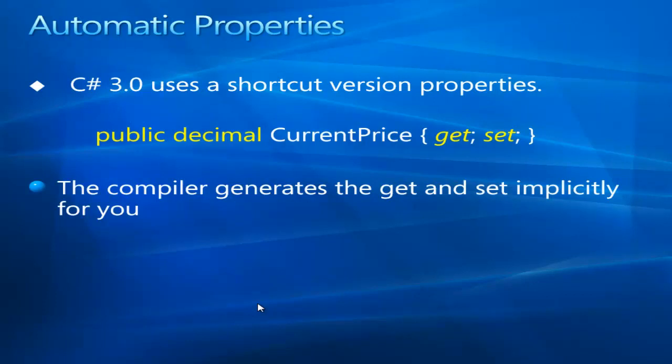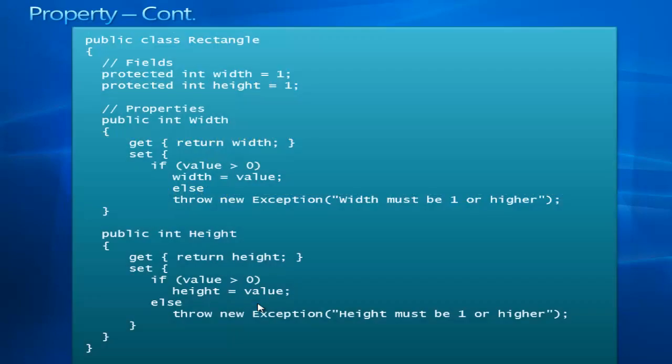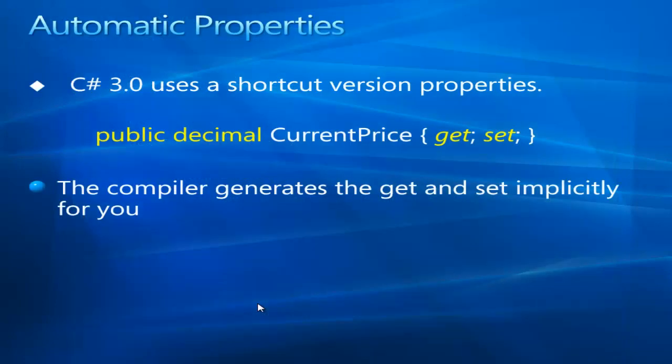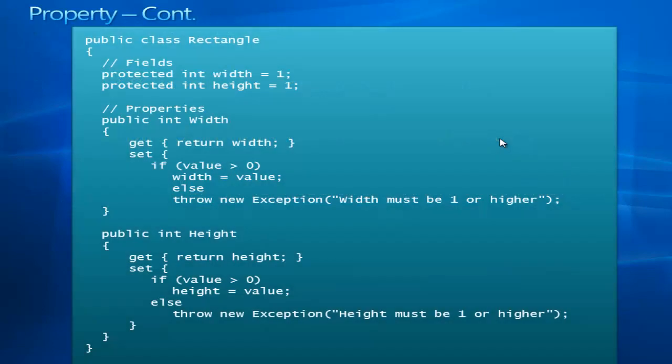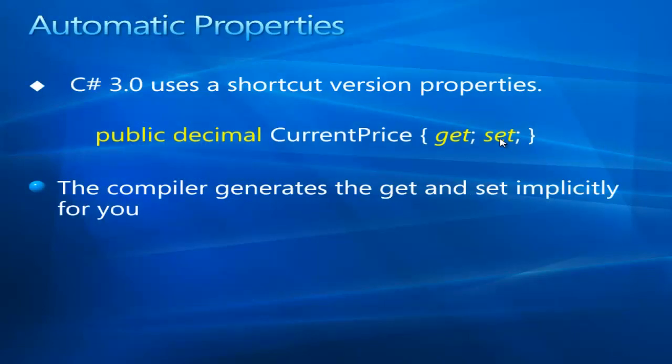There is one good thing about properties from the C# 3.0 version. Instead of writing this whole thing, you can simply create a property by directly specifying it. So you say public decimal Current { get; set; }. This is a one-line equivalent of the whole thing that you have written over here. At any time you can expand it and do it. And this is the usual thing that we use. So it just means